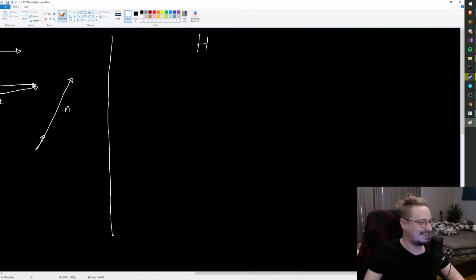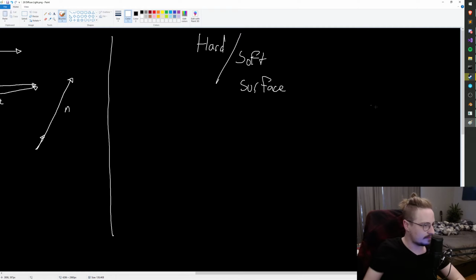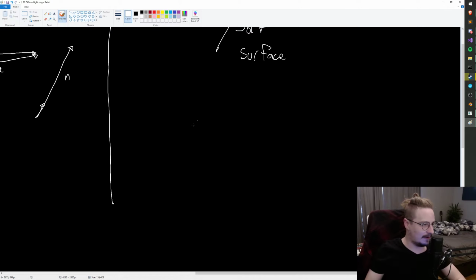All right. So it's hard versus soft surface. What does this mean? Well, on our little sphere here, if we zoomed into, that's a sphere. Looks like the troll face. If we zoomed into one part of it, we would see something like this, where if we look at the individual vertices here and display the normals, it would look something like this. The normal pointing that way, and then for the other surface, it's pointing this way and this way, for this way,